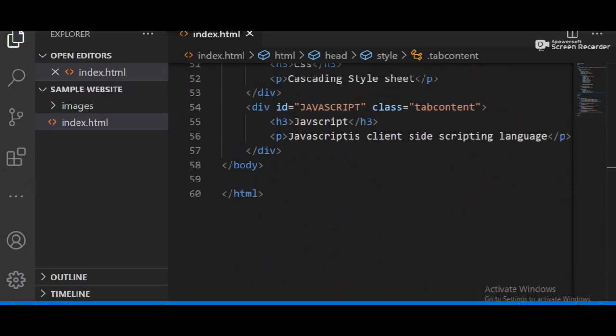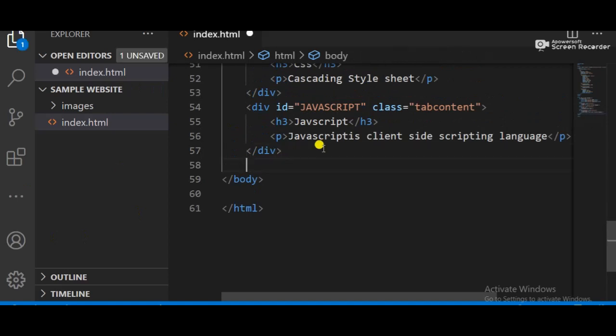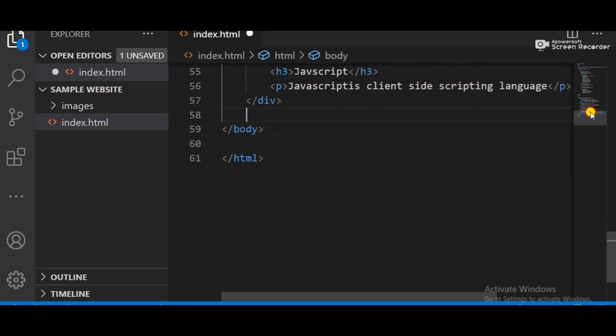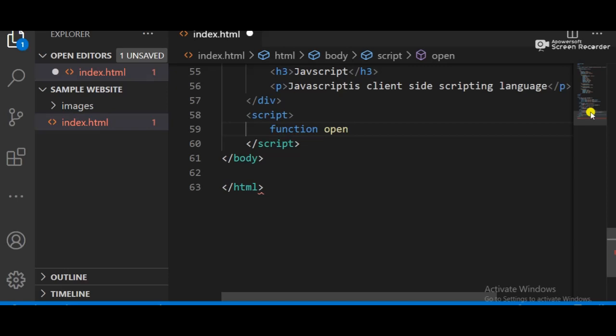We just need to add a script tag after this div. So I add a script. You can see this script. So here is my script, and in this script I just make a function. This function is called open, we can make that openLanguage.